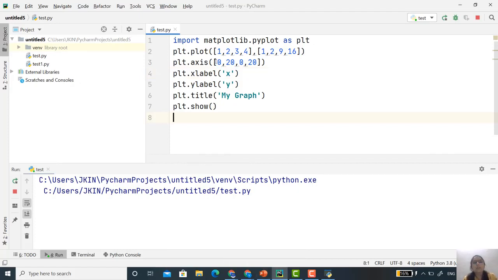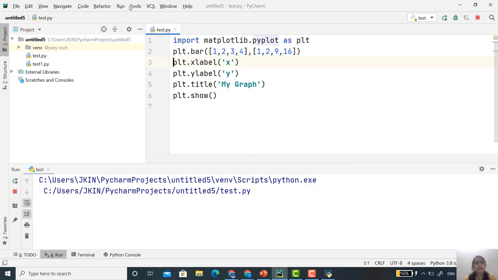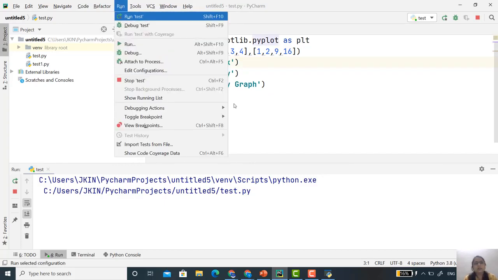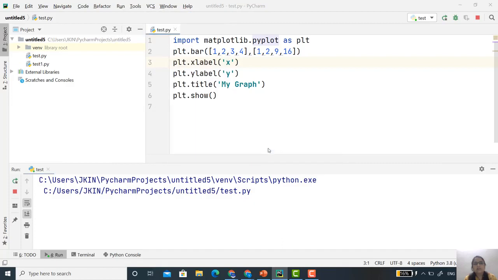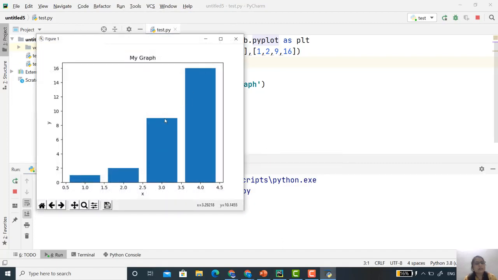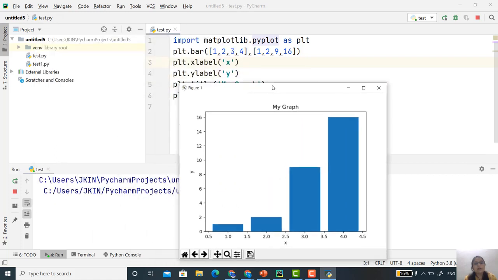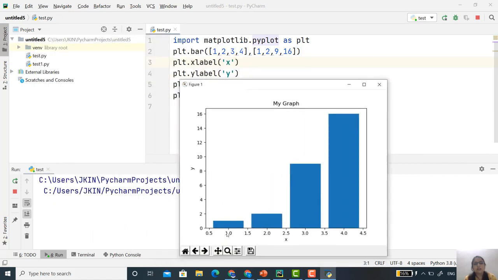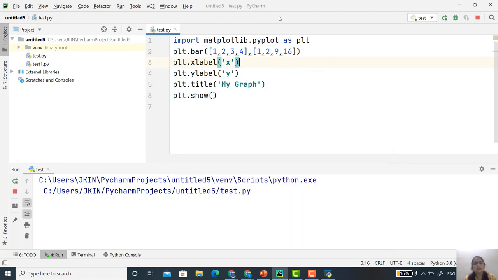Now instead of the line, if I want the bar, then I have to use the bar command. Here I just remove this so the graph is more visible. Now let's run and see. See here, the bar is displaying. We know that when x is 1, y is also 1. Here in x you just check the middle value. Yes, it's 1, 1. When x is 2, y is 4. When x is 3, y is 9. When x is 4, y is 16. So that is all right.